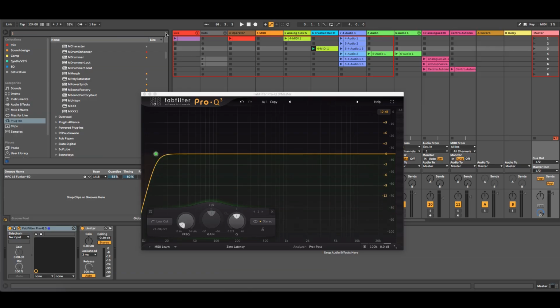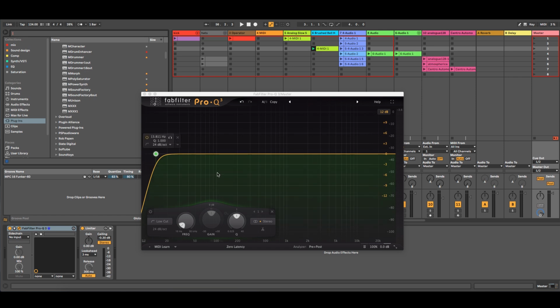But if you just want to get the spectrometer, there's another plugin that I love, which is called Span. I don't think I have it installed, but it's by Voxengo. I mostly use this one, that's why I don't have Span, but you can get it for free on voxengo.com. It's a really handy plugin that will just show you the spectrum of your track. And in this case, we see that there's a lot of low end, but there's going to be some work to be done in the mids and highs, of course.